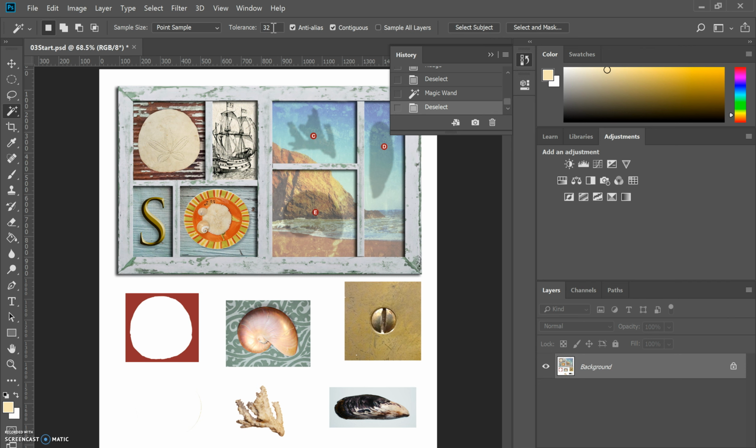Most of the time, I don't recommend changing this value. If you really need to, you can play with it. Just always remember that the default value is 32. That's very important. Let's go ahead and use the rectangular marquee tool real quick to